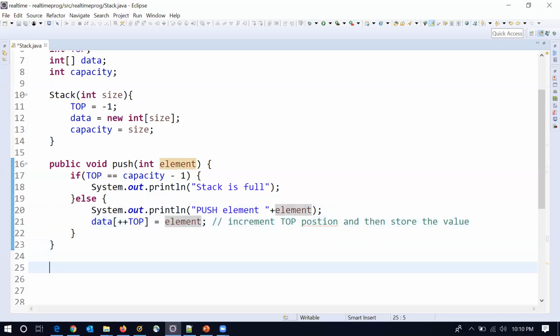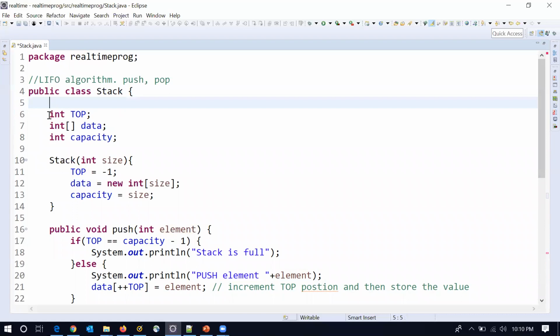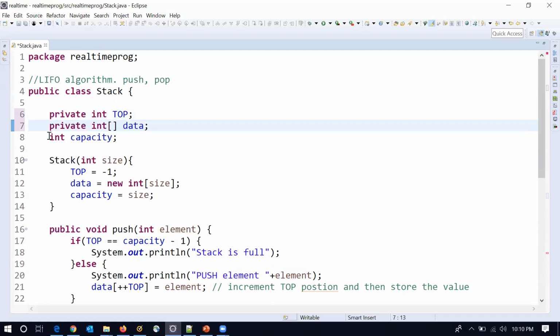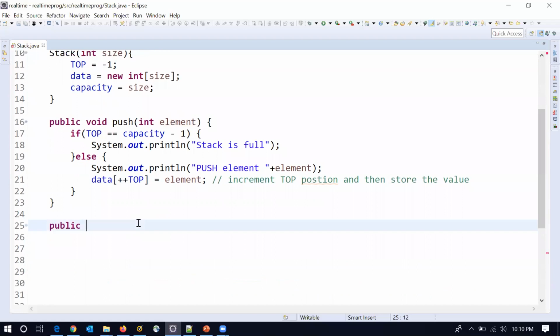Fine. Next we will write the logic for pop. We can define these variables as private, because normally data should be private. Next, public int pop.